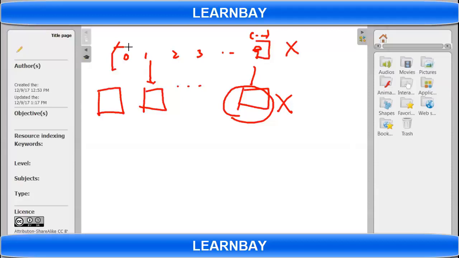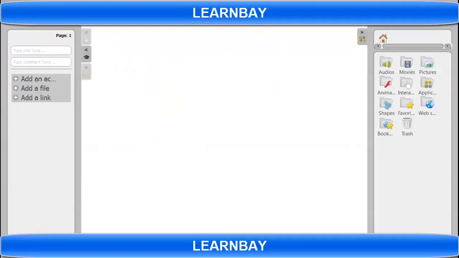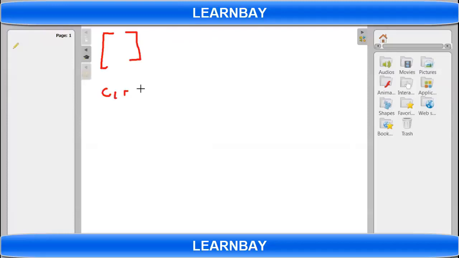Say I created the first instance, C1 equal to Contact, and the list was initially empty. Let's say this is my list, initially empty. Nothing is there, and you created C1 equal to Contact with some name and some email.